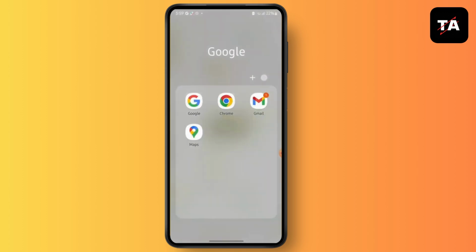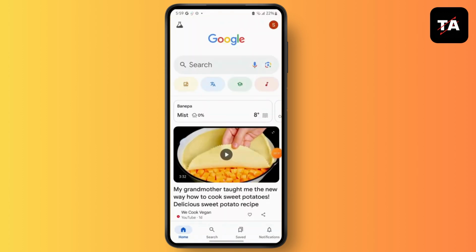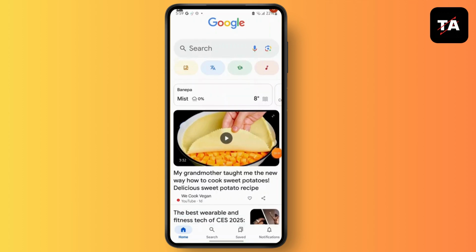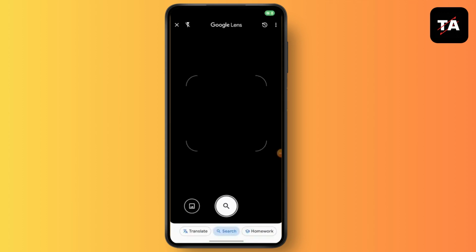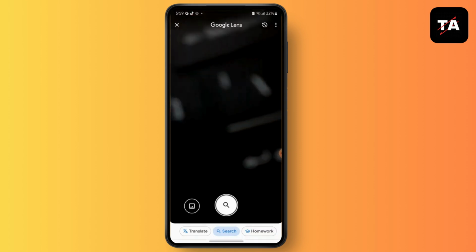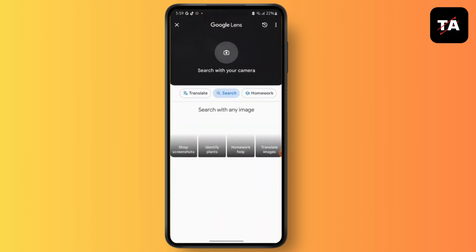To do so, open your Google browser and then in your search bar, you will see an option of camera. Tap on it. Now, swipe up and then you will get the option of gallery as well. Tap on it. Wait for your gallery to load